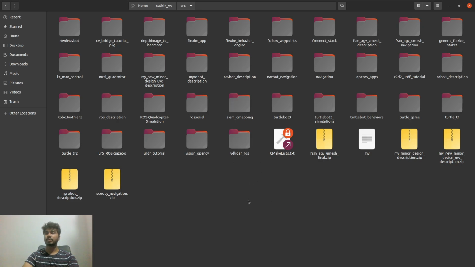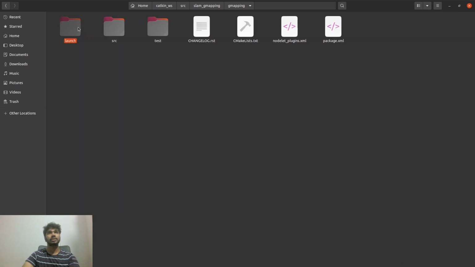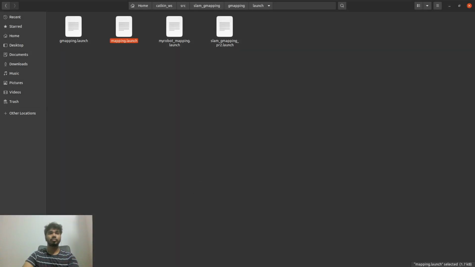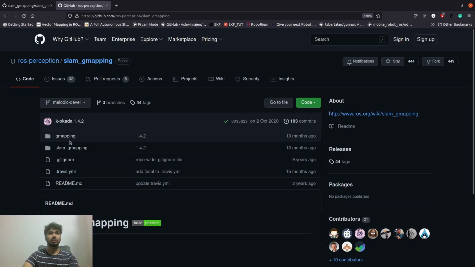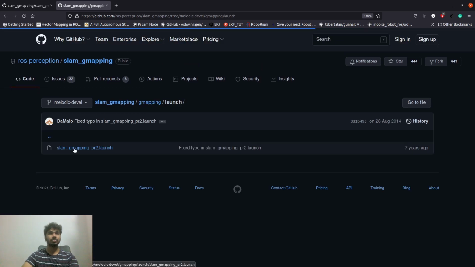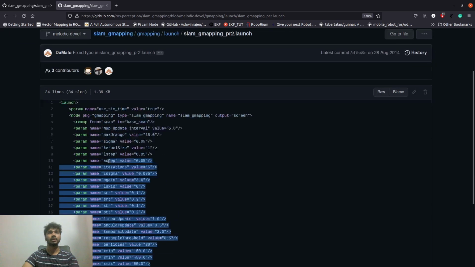Okay, so the next thing what we need to do is create a launch file to launch the Gmapping. I have already created a custom launch file here, but it's actually the same as what we can see in this package. I have just added another line in this. You can see this slam launch is actually for a robot called PR2.